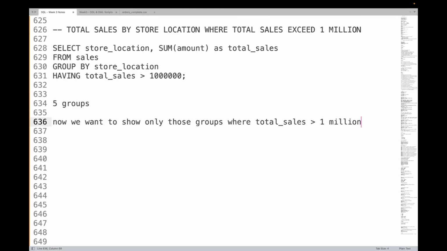Of course, you could not have applied this criteria before GROUP BY,